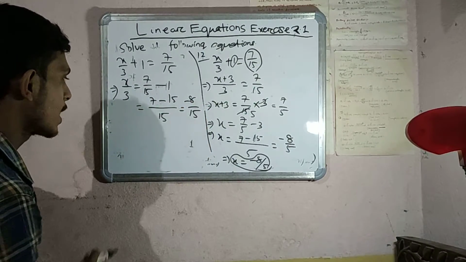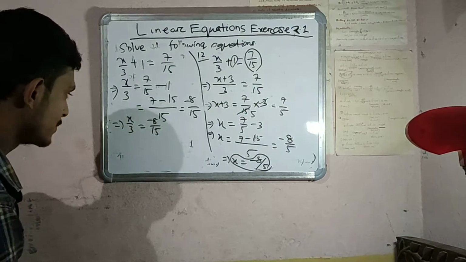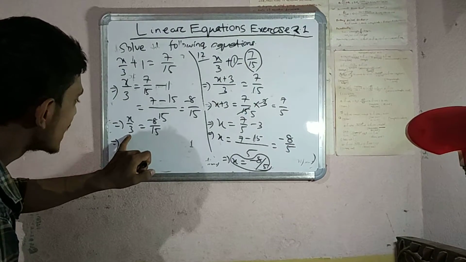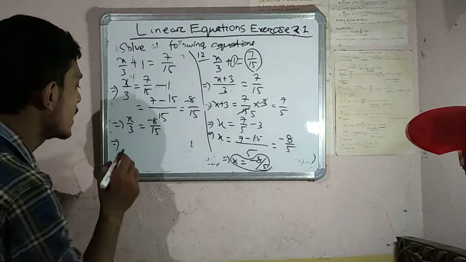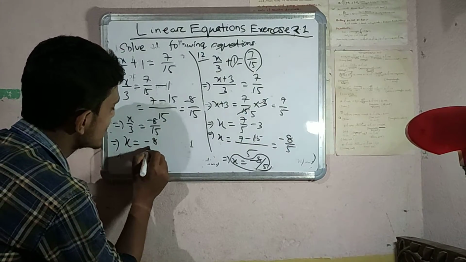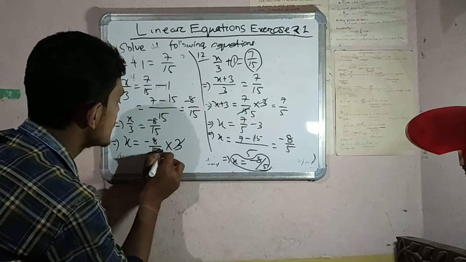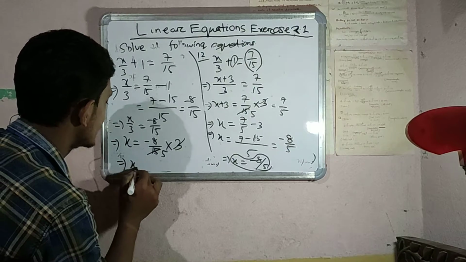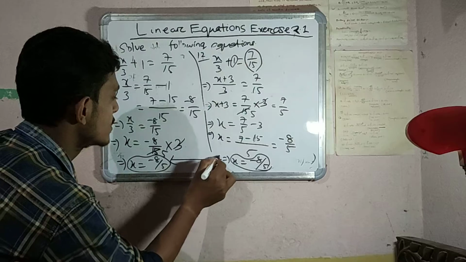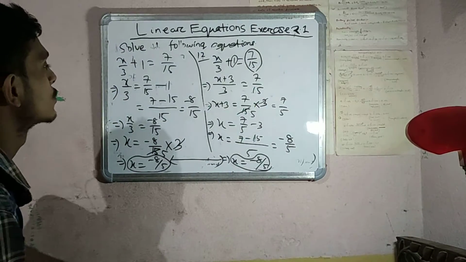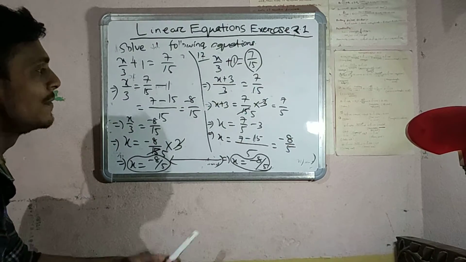That is minus 8 upon 15. So x upon 3 is equal to minus 8 upon 15. 3 is divided here, so when it transposes into the right hand side, it is multiplied. So x is equal to minus 8 upon 15 multiplied with 3. 3 5s are 15, so x is equal to minus 8 upon 5. Both answers are the same. So this is one method and this is the other method. You can solve in any method.